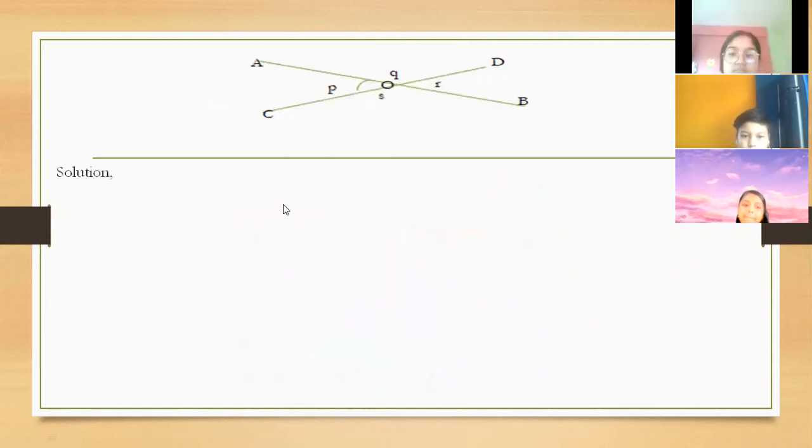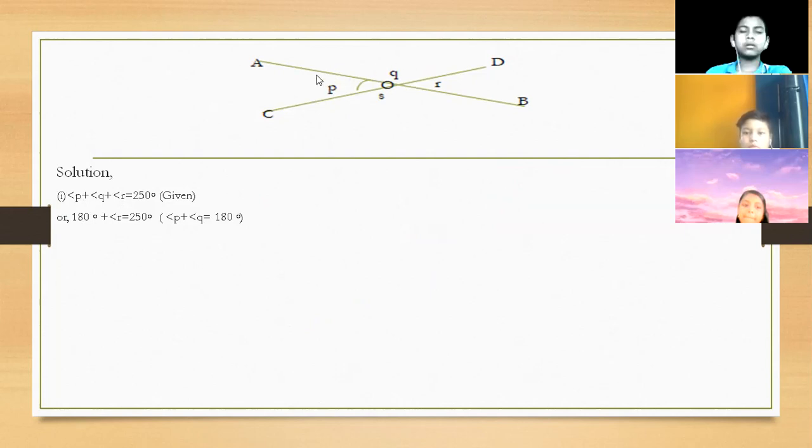Look here. In this question, PQR is given as 250 degrees. Okay, it's given already in the question. And we know PQ is given there, 180, because P and Q is a straight angle. P plus Q will be 180. Right here 180, then 180 goes there to subtract, then angle R will come. What is there? 70 degrees. And angle P equals angle R, they are vertically opposite angles. That's why angle P and angle R value is 70 degrees.